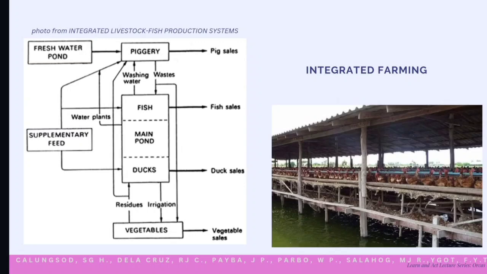Integrated farming promotes sustainable practices by minimizing environmental impact, conserving biodiversity, and improving soil health. Then, economic stability, which can provide farmers with diversified income sources, which can help stabilize their financial situation and reduce vulnerability to market fluctuations. Overall, integrated farming seeks to create a balanced ecosystem within agricultural practices that benefits both farmers and the environment.